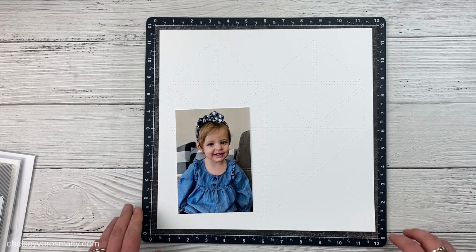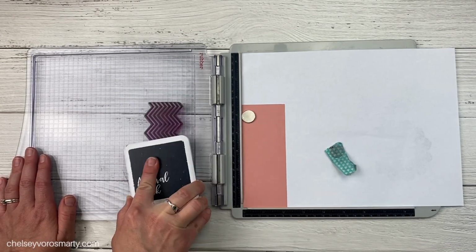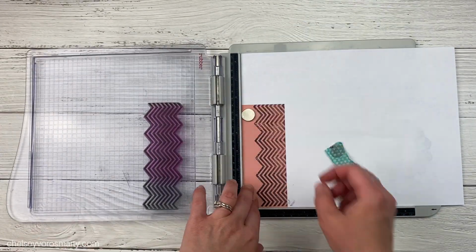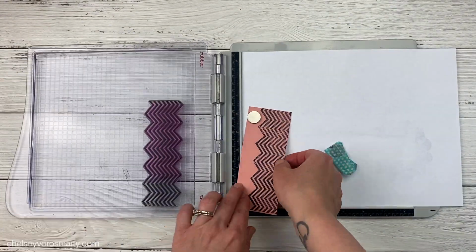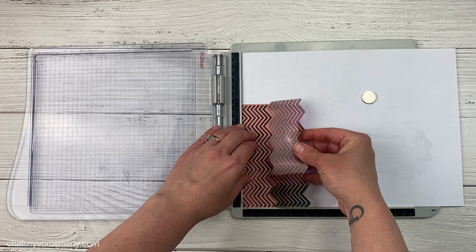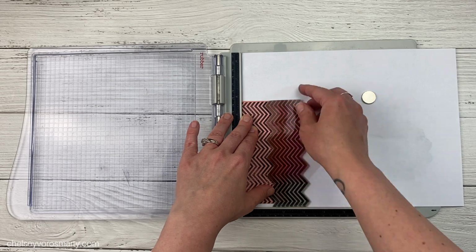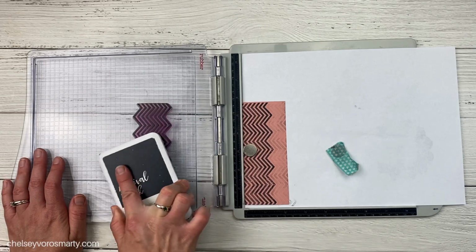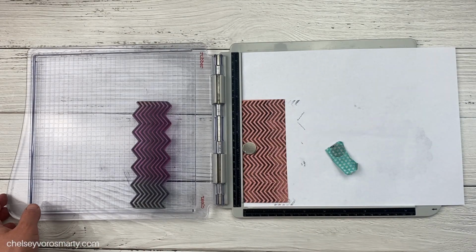I have my first stamp here, the chevron one, in my stamp platform because I want to stamp it several times. So I use the stamp platform for all of these images. I'm using Archival Black. Unfortunately, my stamp pad should have been re-inked before I did this, but it turned out okay. I just had to stamp it a couple of times, and now I had to reposition it, which is a little tricky. I didn't even clean my stamp, so I have ink on there. I'm trying to very lightly place it where I think it should go. Luckily, it worked out. So I just stamped it again